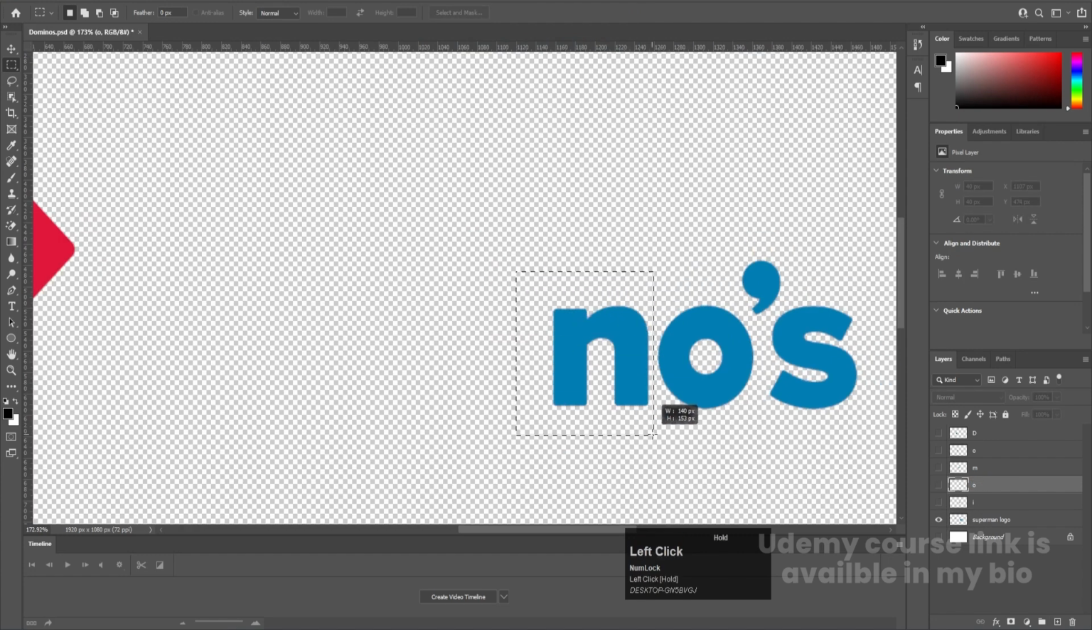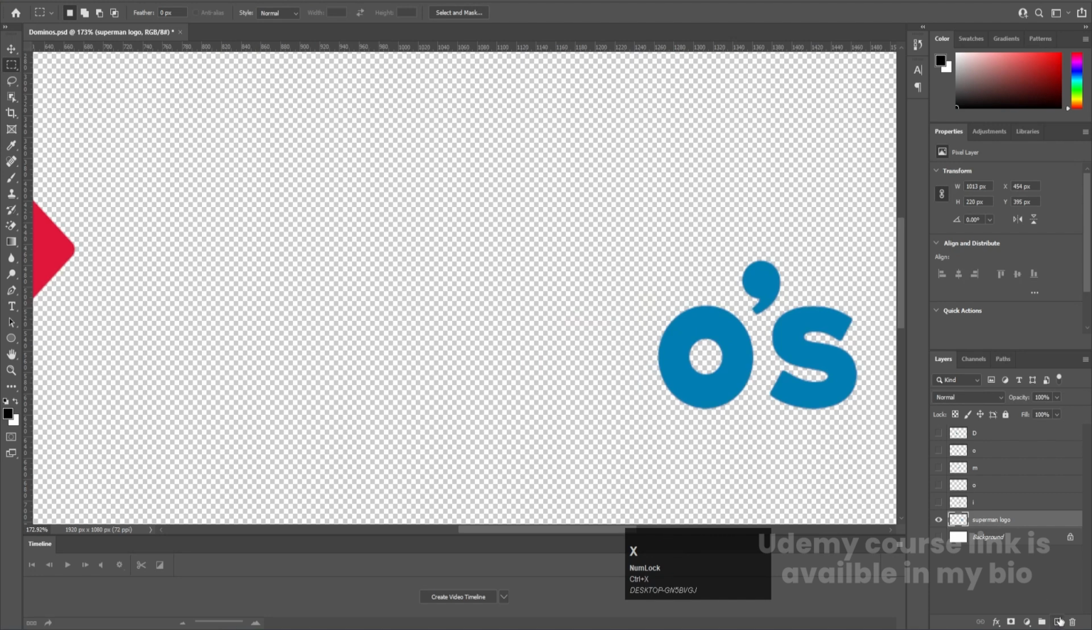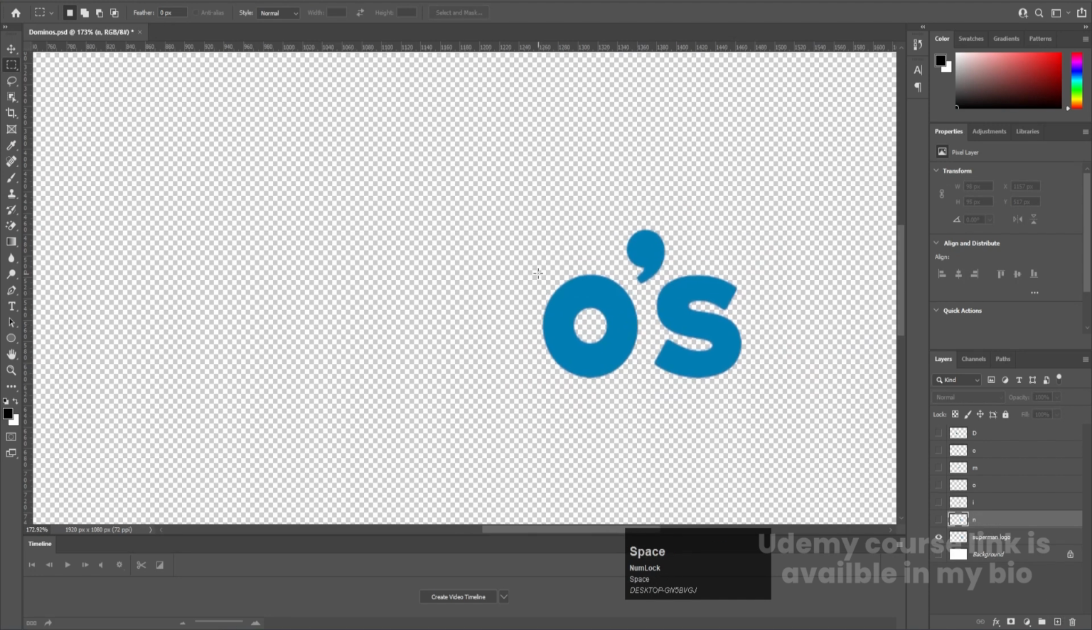Similarly, I'm going to select this N, hit Ctrl X, new layer, Ctrl Shift V, let's call it N, hide this. Then we will select this O, but with the help of rectangle selection tool, as you guys can see, we cannot select this properly. So hit Ctrl D to deselect and press L for lasso tool, and we will select this O like that. Hit Ctrl X on this layer, new layer, Ctrl Shift V, let's call it O,